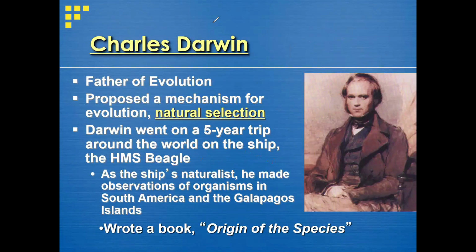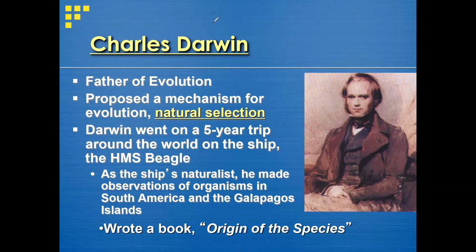So now, who is the father of evolution? Charles Darwin is the father of evolution. He proposed a mechanism for evolution. Charles Darwin is the scientist that proposed the mechanism of evolution, and this mechanism of evolution is called natural selection. Darwin went on a 5-year trip around the world on a ship,